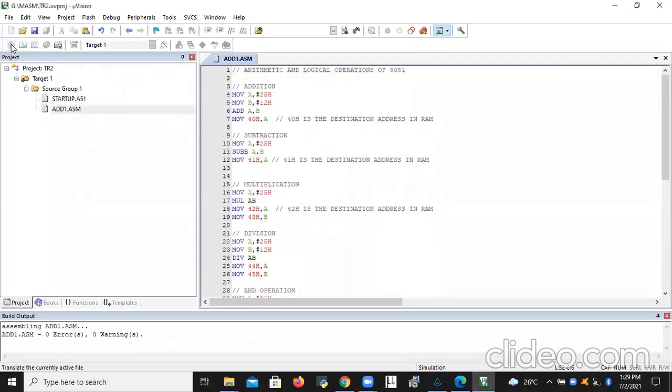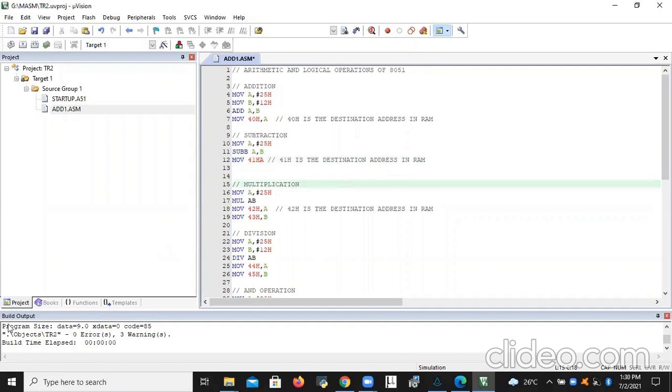Now translate, build, rebuild. Zero errors. Just I will do one small thing. I will remove comma here. I will check for the errors. Subtraction. Okay.